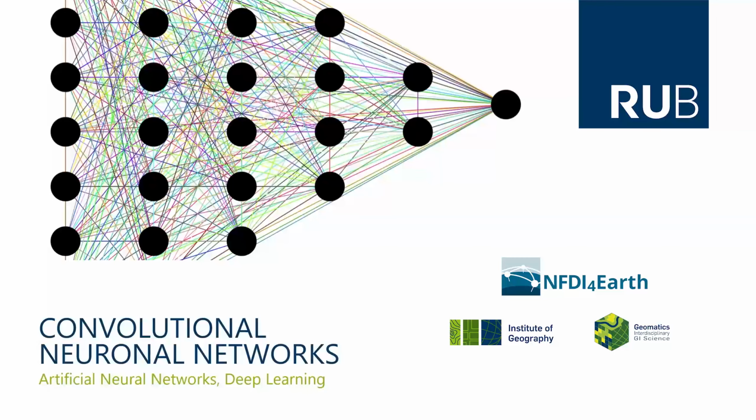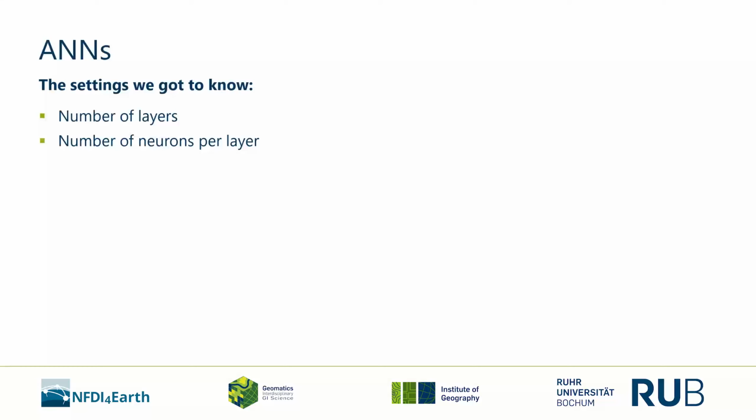In this chapter, we will dive into convolutional neural networks. But before we do this, let us recap the ANNs from the previous chapter. We have seen that we can configure the neural networks to our own ideas. This includes the number of hidden layers we add to the neural network and the number of neurons for each of those layers. Furthermore, we are able to set different activation functions for those layers and know that we should